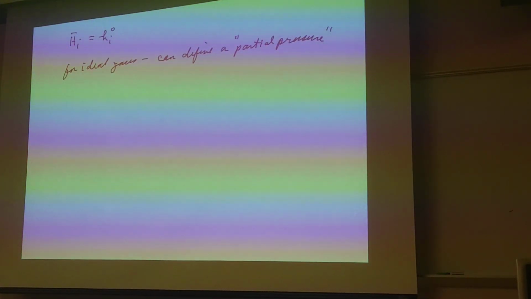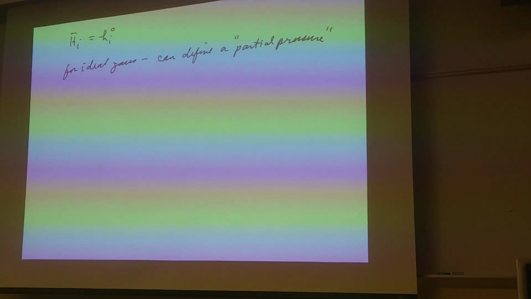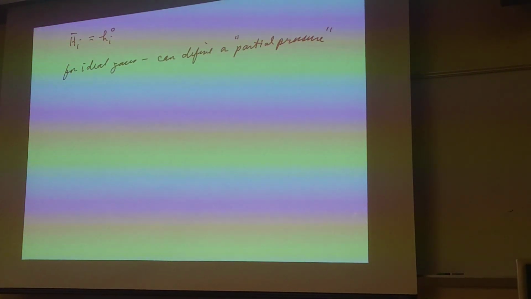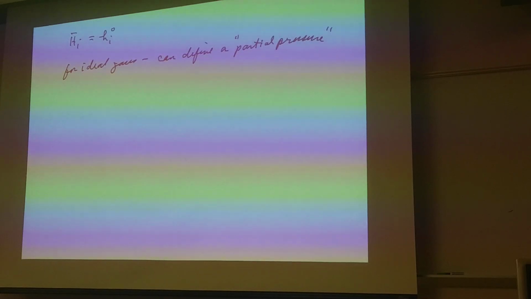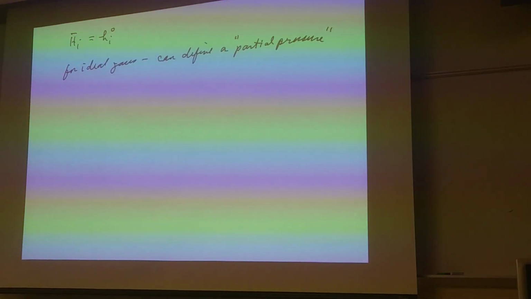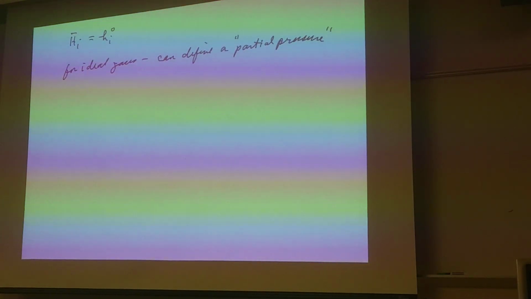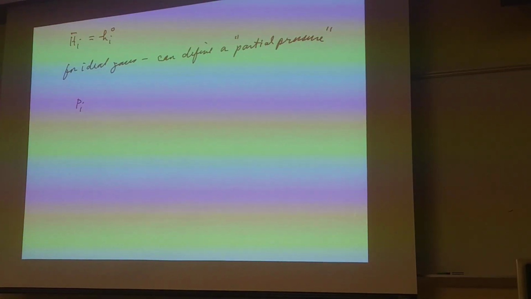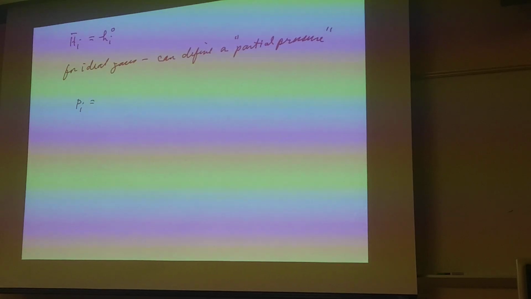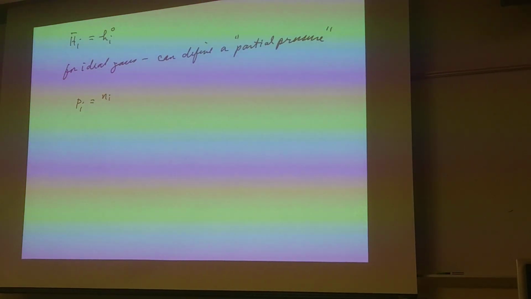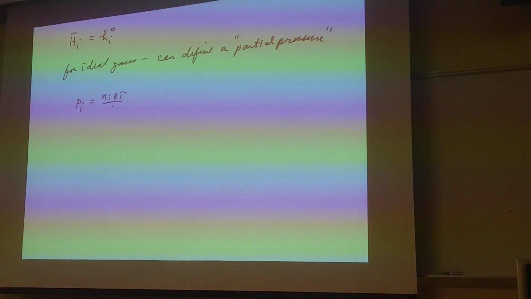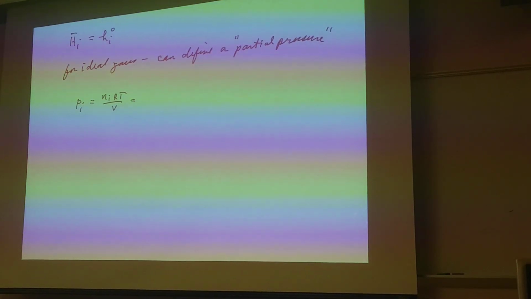Physically, the partial pressure of a component i in a gas mixture would be equal to the pressure that would be exerted if i alone were present in the entire volume of the mixture. With that, we can work out what that would be. I'll call that the partial pressure of component i. It would be N_i RT over the whole V,